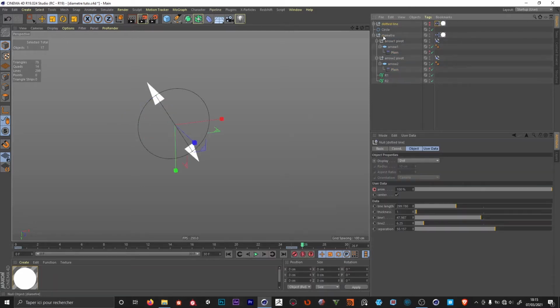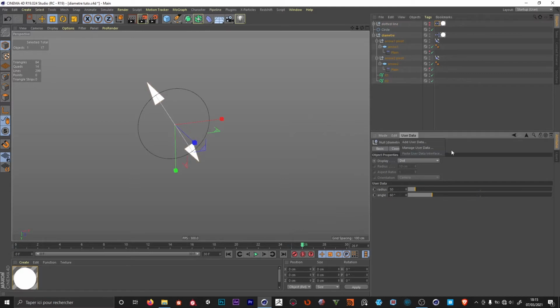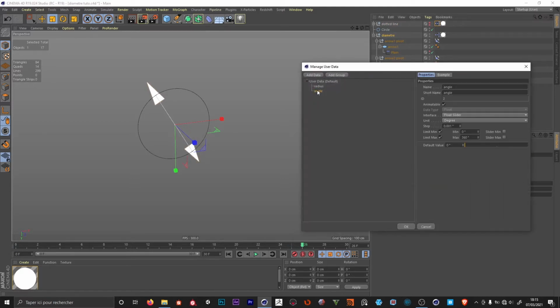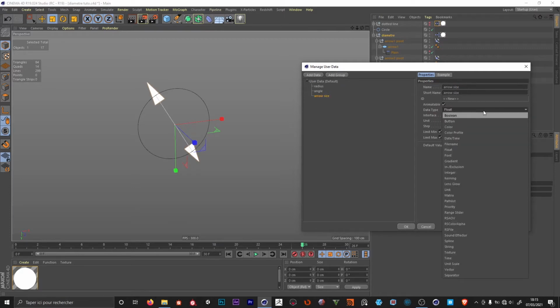Then we're going to select the null and add a new user data, which will be arrow size. We want a float slider. We want reals. And the maximum will be 100. We're going to set the default value to 5 for now. I'm going to open the